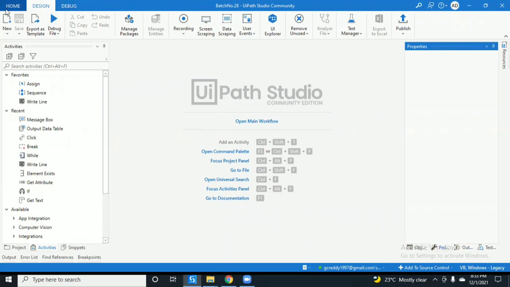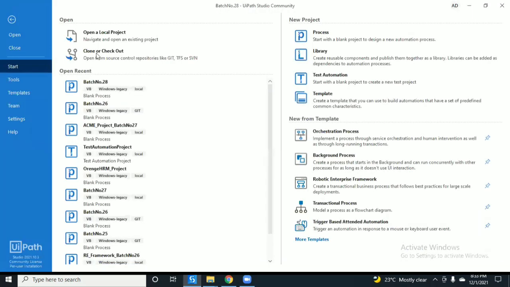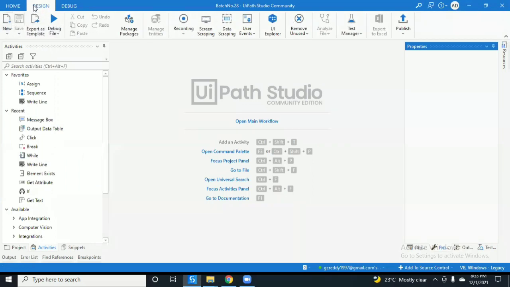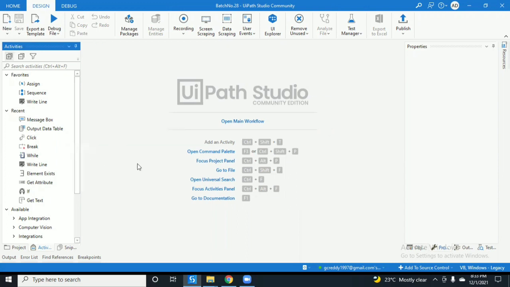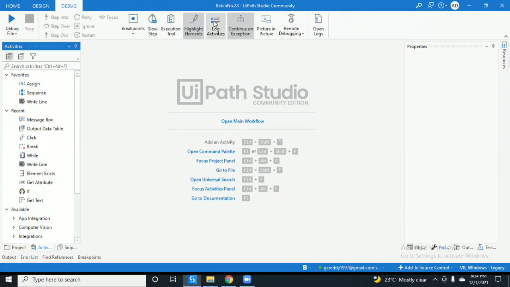Coming to the ribbon, we have three pages. One is the home page. If I want to go back to the home page, where batch number 28 was displayed earlier, I have to click on the back button. Design is where we are going to design our workflows. This is the editor where we can design our workflows. Now coming to debugging, later I will explain how to debug. If you want to debug a program, and some other concepts, later these are